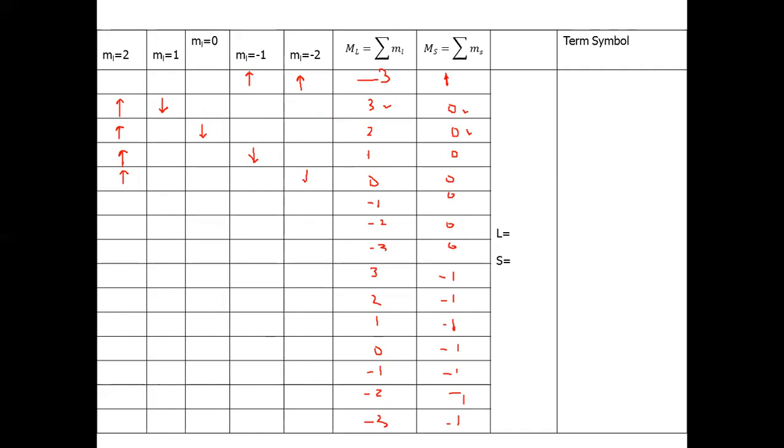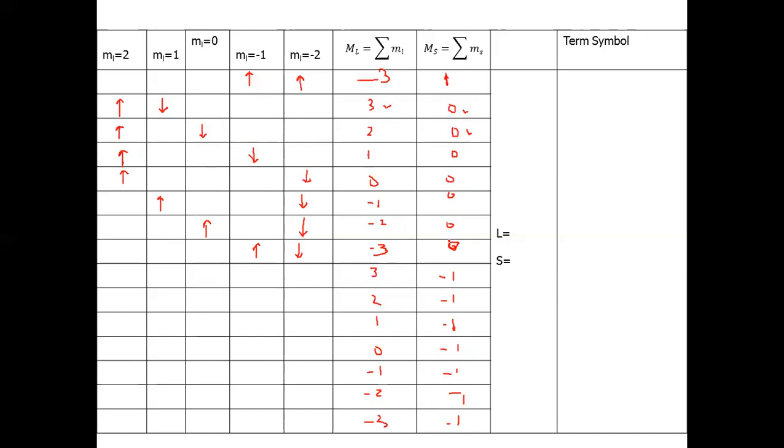Now this electron here corresponds to ML equal to 0, MS equal to 0. Next we will move it here and keep it here as it is. So this corresponds to 1 minus 2, minus 1, and MS is 0. So 0 minus 2 gives minus 2 and spin is 0. Minus 1 minus 2 gives minus 3 and spin is opposite, so MS is 0.